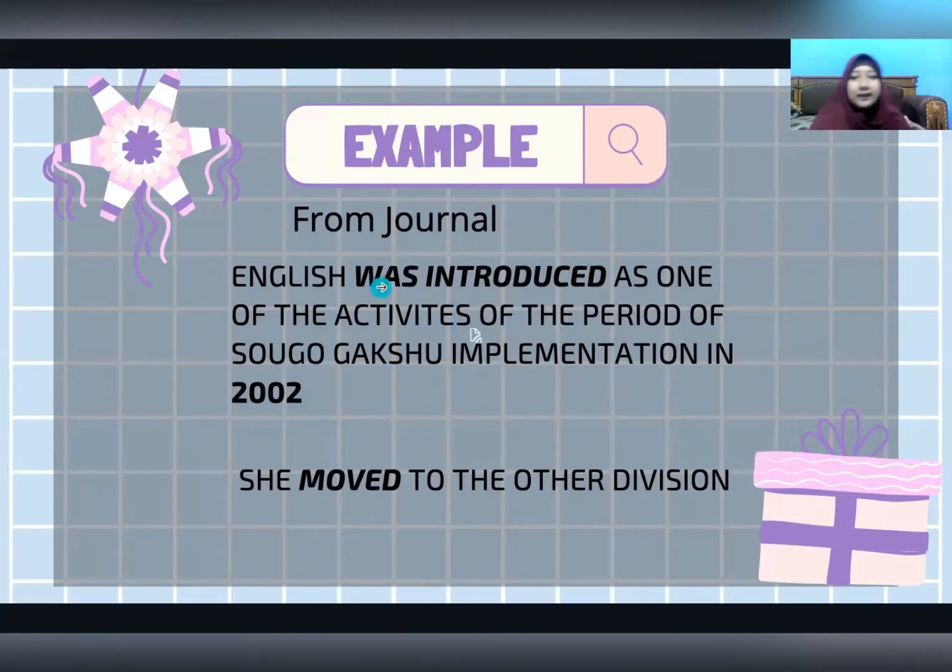The past event uses was and introduced, and the event began in 2022. It's in the past. So this is from the journal, but in my children's storybook I cannot find